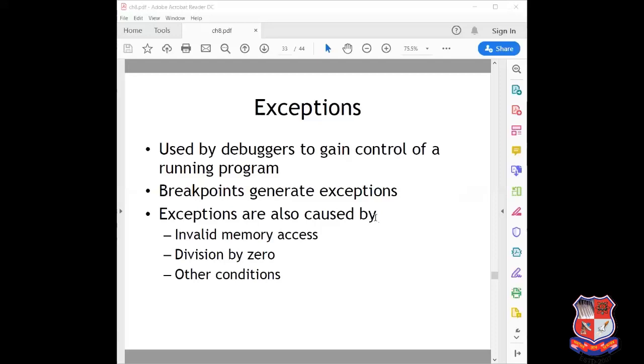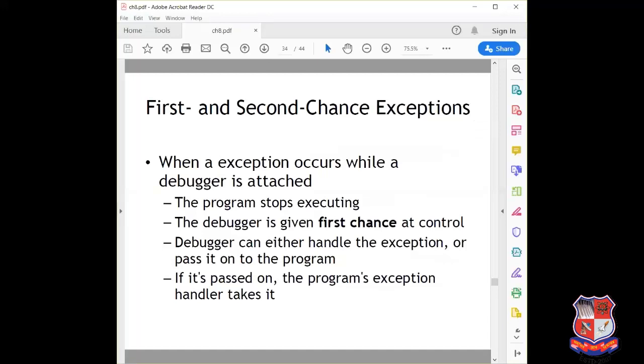And two types of chance are given in exceptions, that is first chance and second chance exception. Now what is a first chance and second chance exception? So we can say that when an exception occurs while a debugger is attached, the program being debugged stops executing, and the debugger is given a first chance at control.